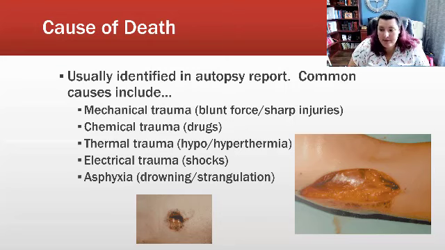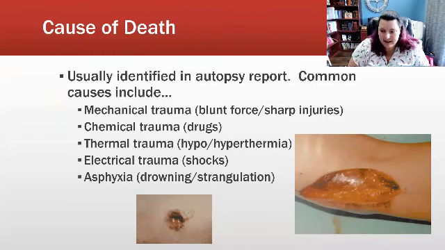Now, thermal trauma means that the cause of death was a result of an extreme body temperature. Hypothermia means that the body gets too cold and the person freezes to death. And hyperthermia involves the opposite. When a person gets too hot, they can overheat their organs and they suffer from heat stroke. Electrical trauma means that the cause of death relates to electricity. And that can include man-made electrical shocks, like sticking your hand in an outlet, as well as natural shocks, like